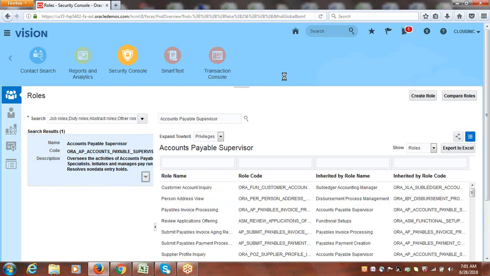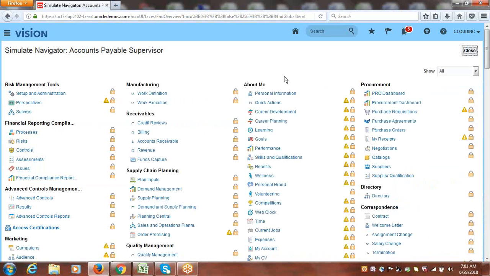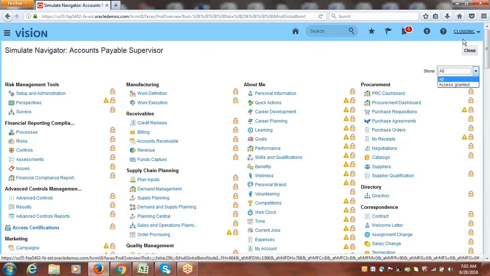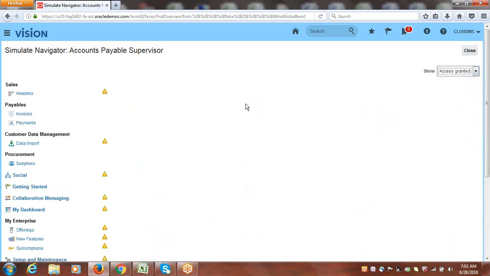It will simulate and identify which privileges this Cloud INC user has because of the accounts payable manager role in the navigator that you can see. All it is showing, you can see that these are locked, which means these are not related to accounts payable supervisor. If you want to see access granted because of accounts payable supervisor, for which privileges access is granted to this user, select it. Access granted. Because of this accounts payable supervisor, this